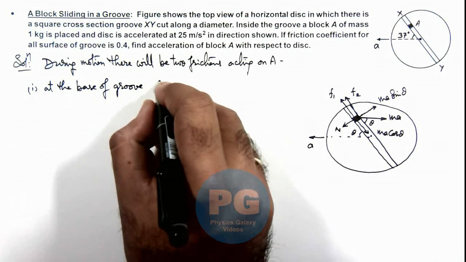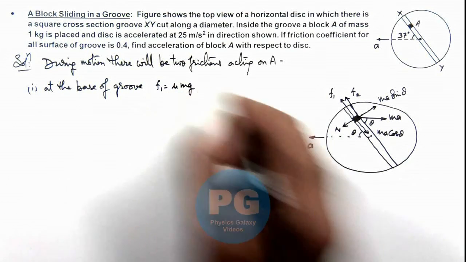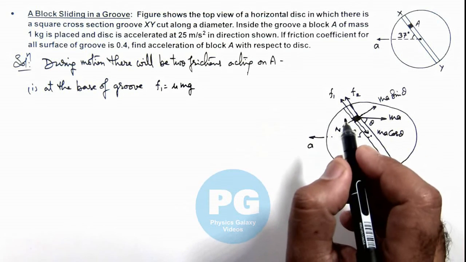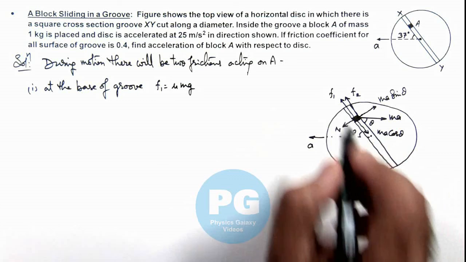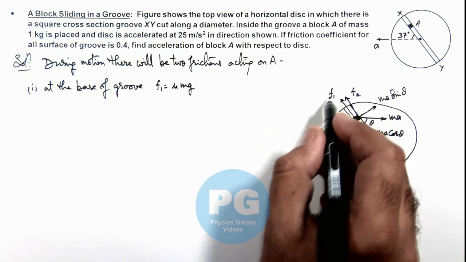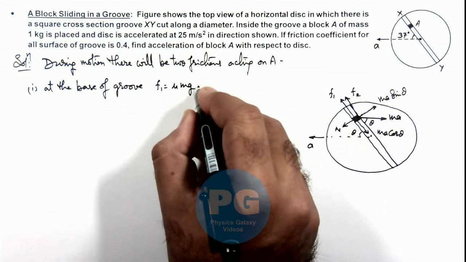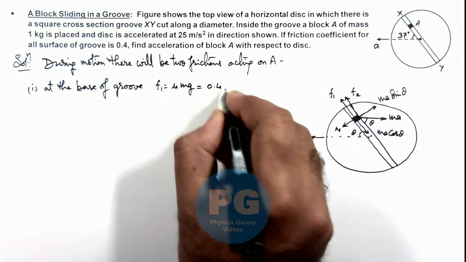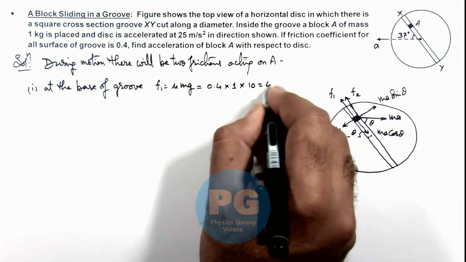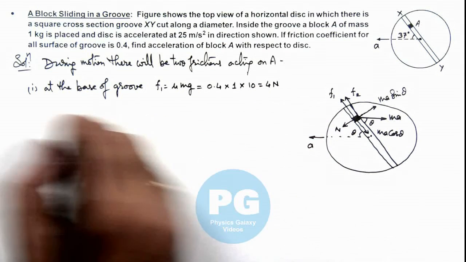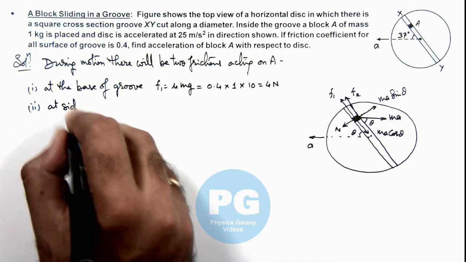and this friction F1 we can write as mu mg, because the normal reaction in the vertically upward direction, opposite to mg, will be mg only because it is balanced by the weight. So this friction F1 which is acting at the base of the groove would be mu mg. If we substitute the values, 0.4 multiplied by mass 1, g we can take as 10, so this is 4 Newton. And the second friction is acting at the side wall